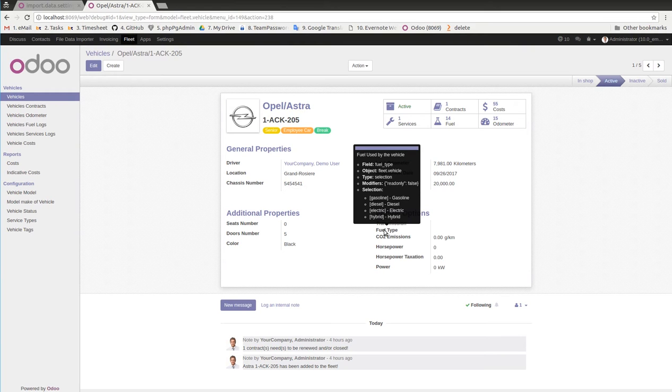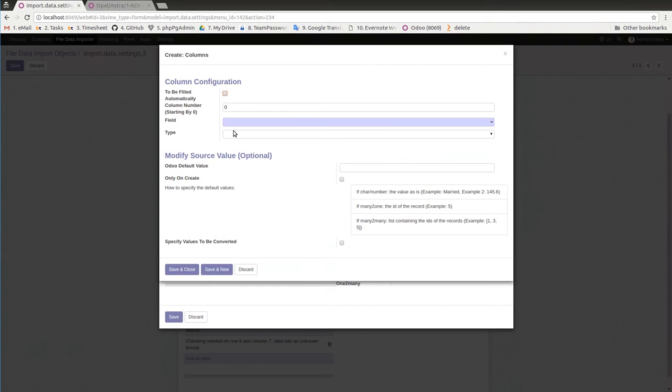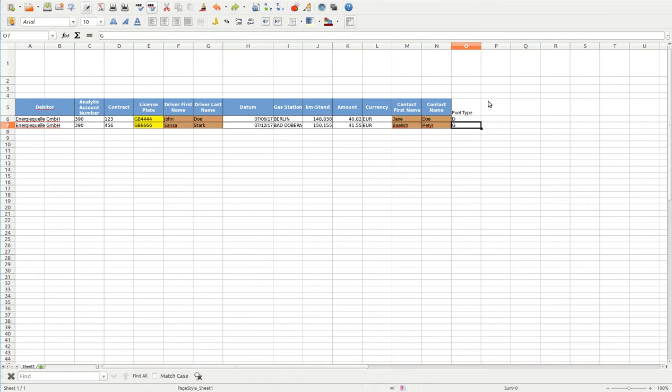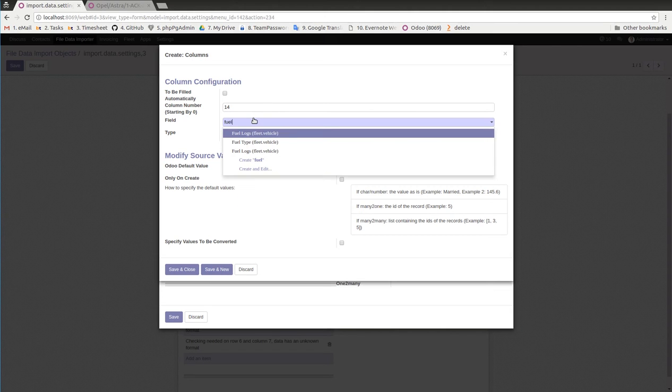all in small letters. So it's obvious that we need a transformation because if we just try to write a G in capital letters, it won't match any option, so this field won't ever be filled. So let's proceed to this transformation. So let's add a column for the field type, which is in letter O, which is the column number 14. So let's write 14 for this column, which is the field type,